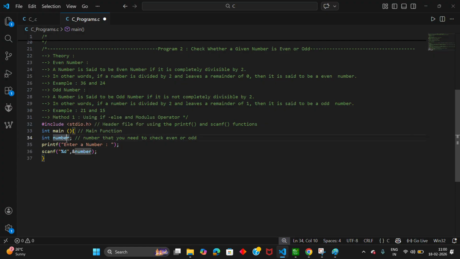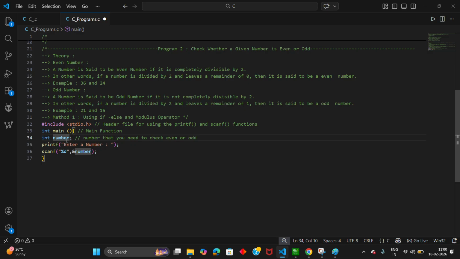So this particular number variable will be associated to a location in the memory. To call that location, you need to specify the ampersand in front of the variable name.